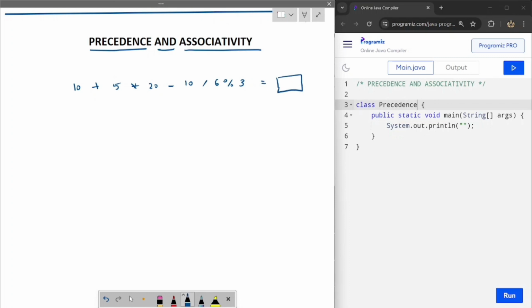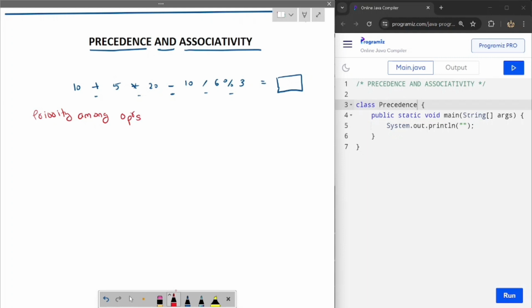So when the question arrives, if we have multiple arithmetic operators inside a single question, then how does Java treat this question? With the help of precedence and associativity. Precedence means nothing but a priority among operators,